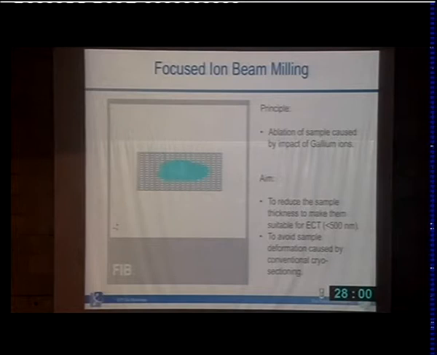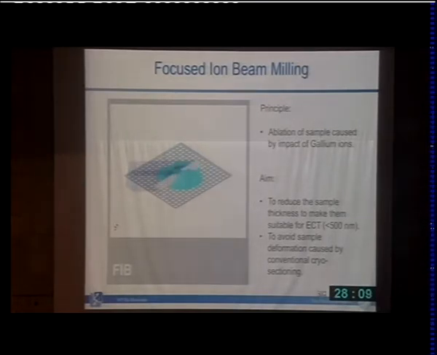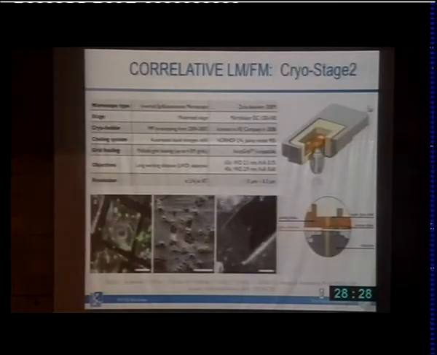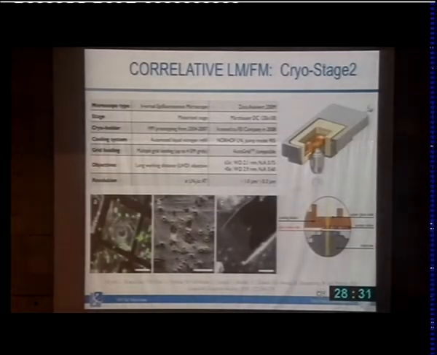So the whole principle is shown here. We have the cell sitting here, growing on the EM grid, and then we have the incoming ion beam, and we ablate material from above and from below. And what is left behind is a thin lamella, which can be between, let's say, 200 nanometers up to half a micrometer or more, whatever we want. And that is supported only by the surrounding ice. So that has then a thickness which is perfectly suitable for electron tomography. We can do that now in a very targeted way